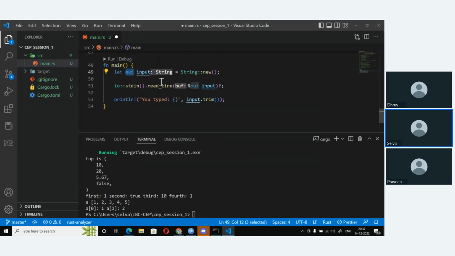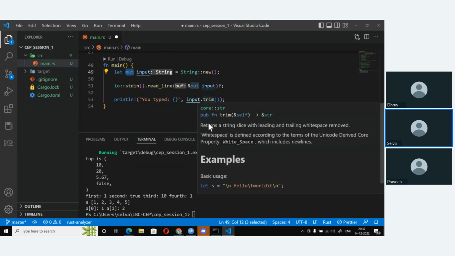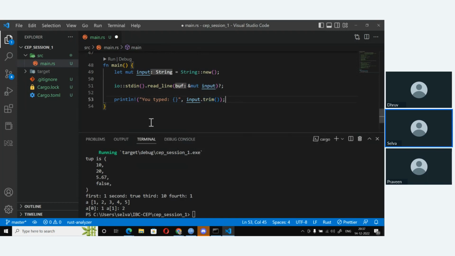Mutability is what we will see a little later. So you have to pass in a mutable reference, okay? And then you can get the output with input.trim. So trim returns a string slice with leading and trailing white space removed. Okay, so you can actually run it directly over here.